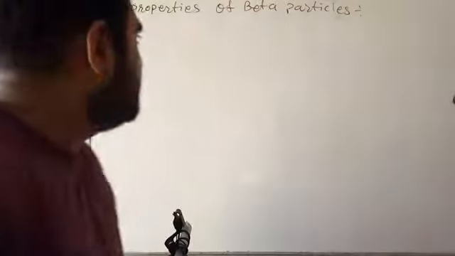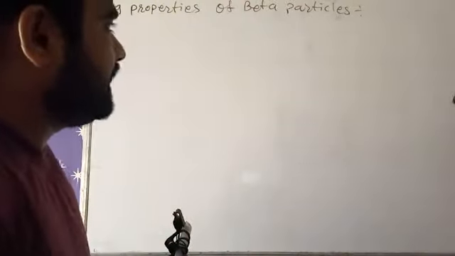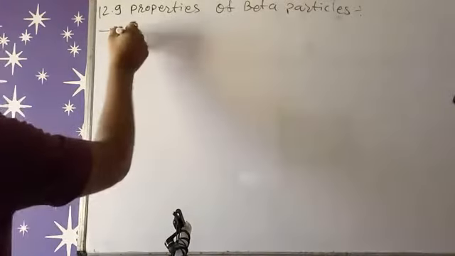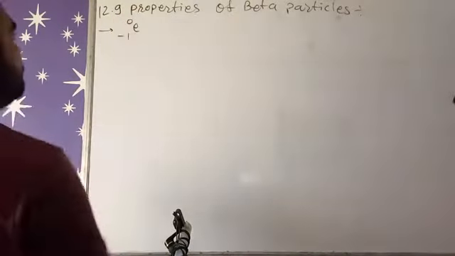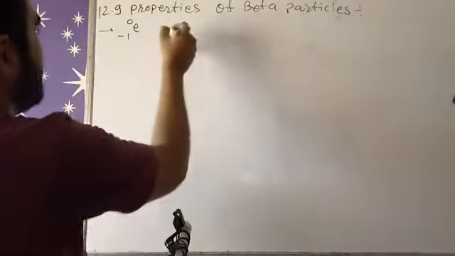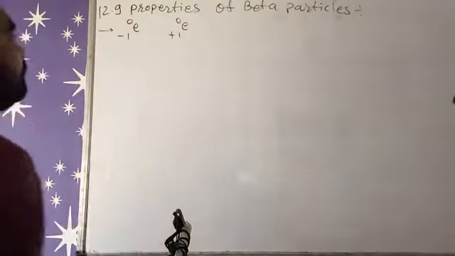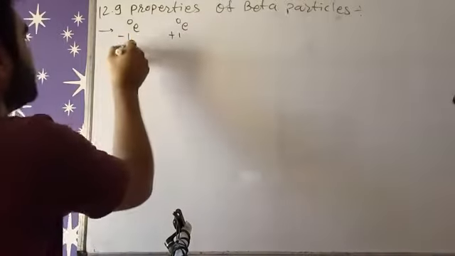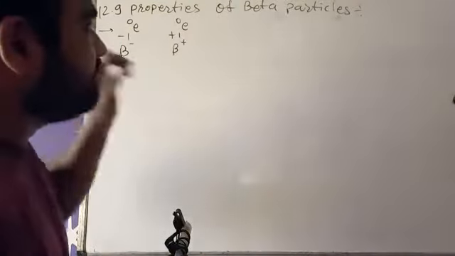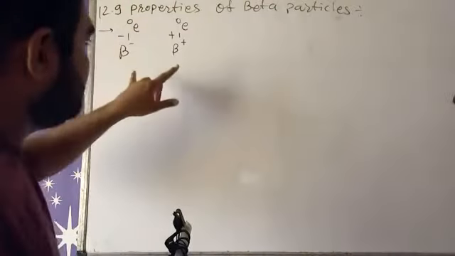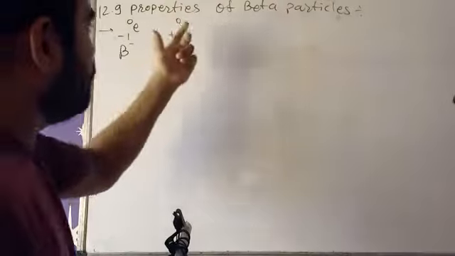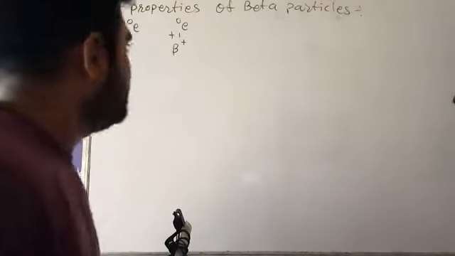So today our topic is properties of beta particles. Beta particles are made up of 1 minus 1 is 0, but beta has two types of particle, electron as well as positron. This is called beta negative and this is called beta positive. Both have the same masses. Charges are also the same. That's why electron is the antiparticle of positron, because of the positive charge, right?